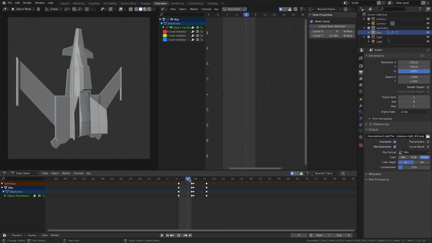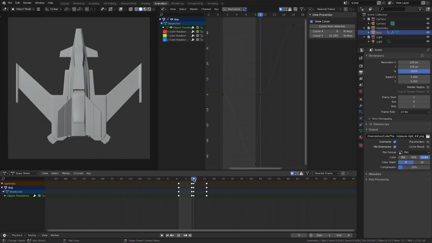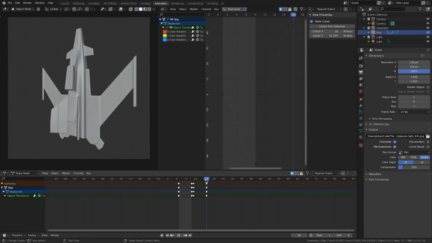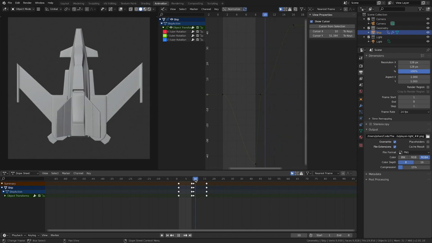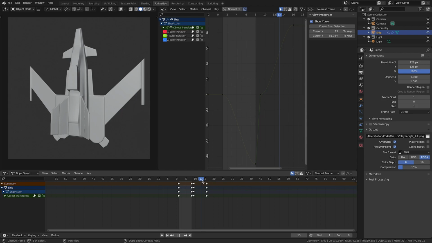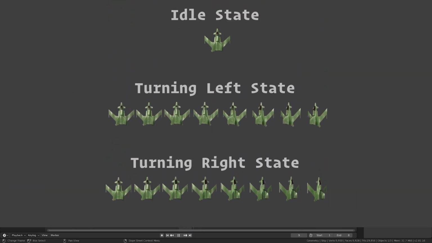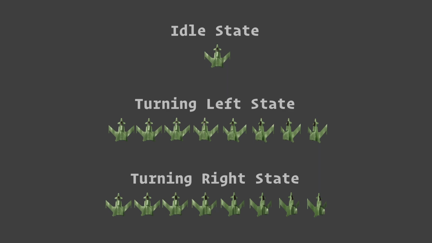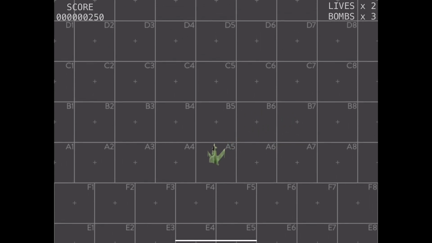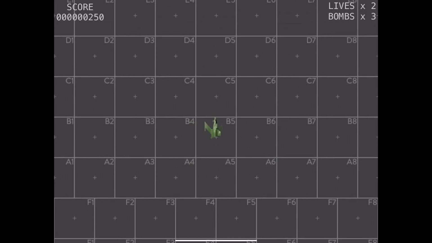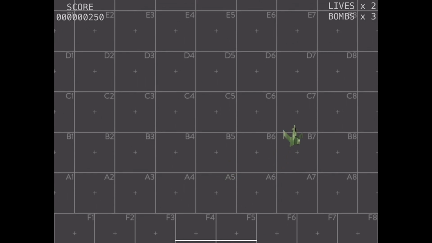I did a quick test in Blender to create this excuse for a spaceship, just to get some animation frames to test the code with. Right now I'm using the sequences I rendered in Blender on the player sprite to test this out. So we have 3 animation states so far: idle, turning left, and turning right, that are given to the animation component, which in turn applies the correct animation as the player's entity moves around on the screen.